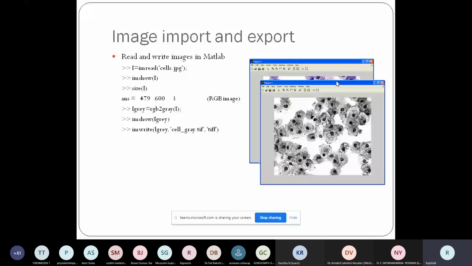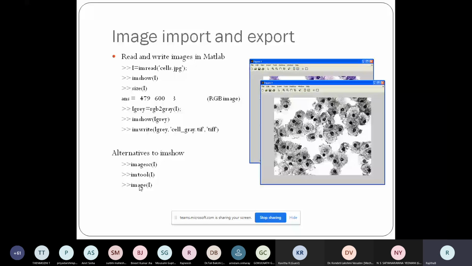So like this, you can convert a color image to a grayscale image. Now, alternatives to imshow: when you type imshow, it simply displays a figure. You can also use other MATLAB tools like imagesc, imtool, image of I, and so on. There are various ways to display.